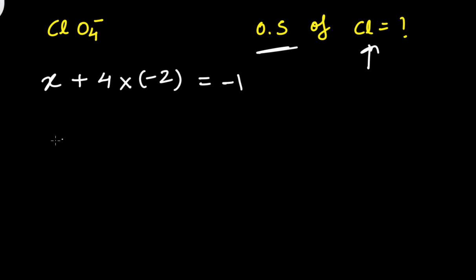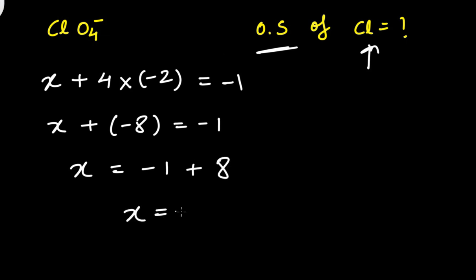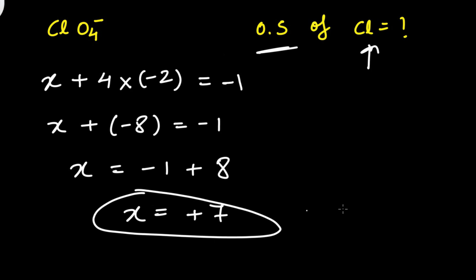Alright. Now X plus 4 into -2 is -8, equal to -1. X is equal to -1 plus 8. So X is equal to +7. So the oxidation state of chlorine is +7 in ClO4 negative. Next,